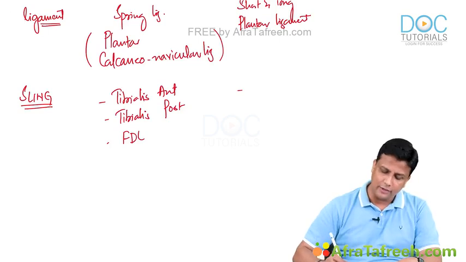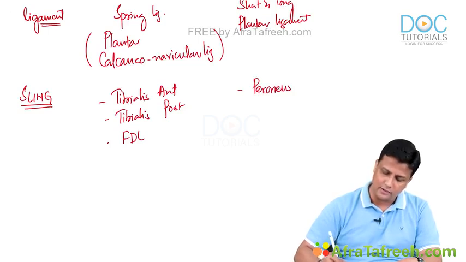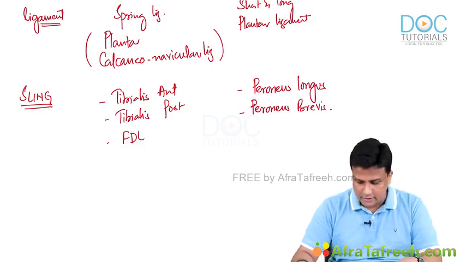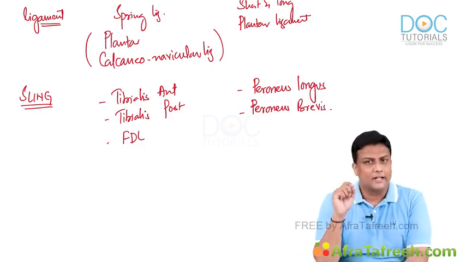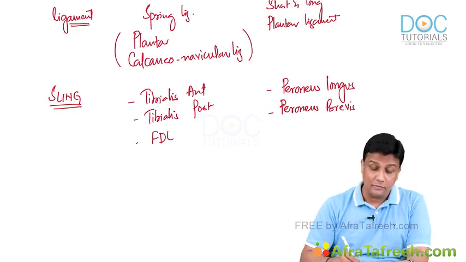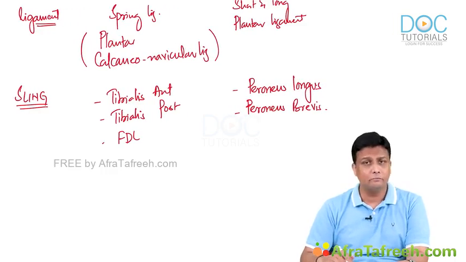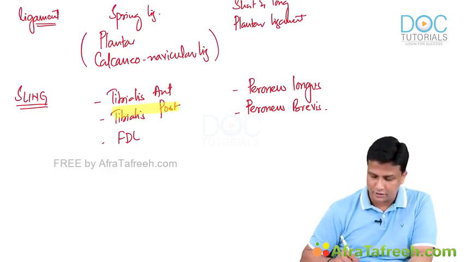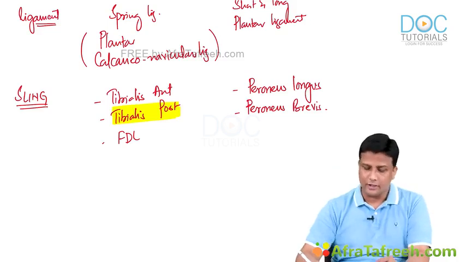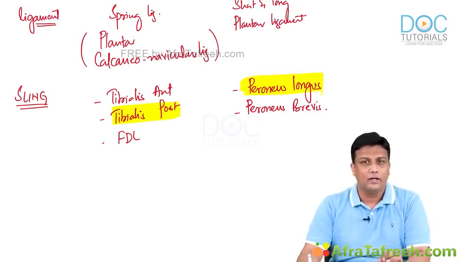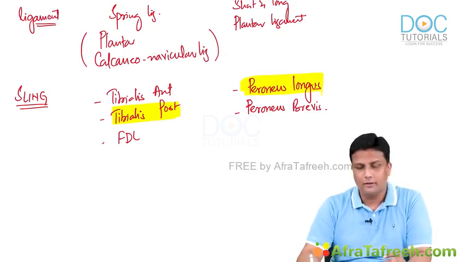Then what about the lateral longitudinal arch? That will be peroneus longus and peroneus brevis. The lateral longitudinal arch is actually maintained by the peroneus longus and peroneus brevis, guys. That is acting like a sling for the lateral longitudinal arch. Now, in this one also, like I have observed in the exam, they ask about the major one, the sling for the medial longitudinal arch. I wrote 3 tendons there, but out of the 3, the main one will be tibialis posterior. And similarly, for the lateral longitudinal arch, the main sling will be the peroneus longus. Peroneus longus will be the main one, acting like a sling for the lateral longitudinal